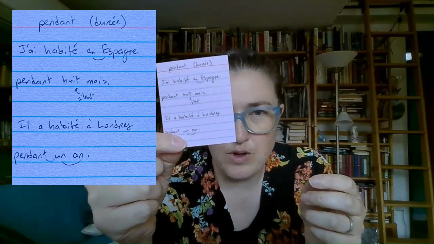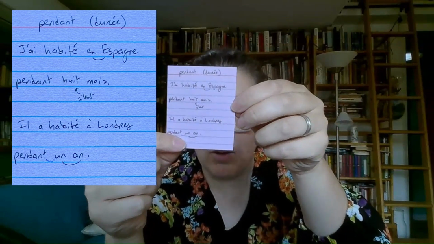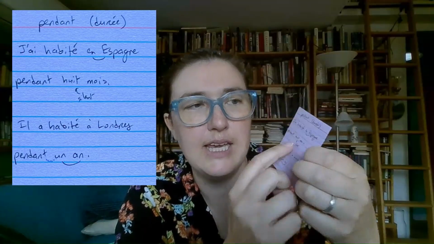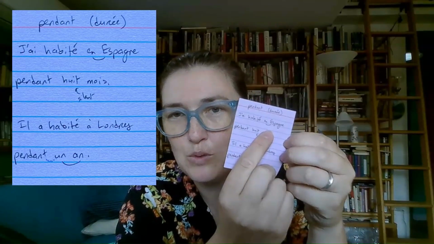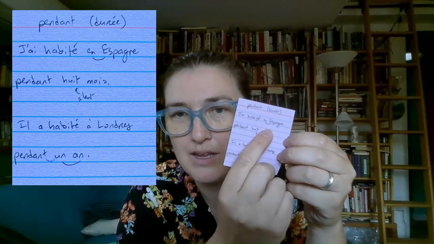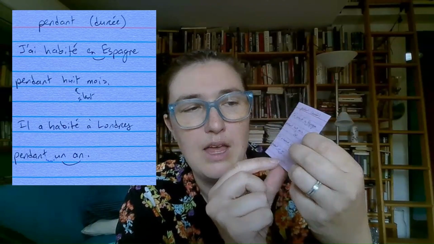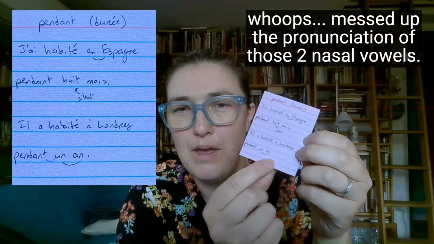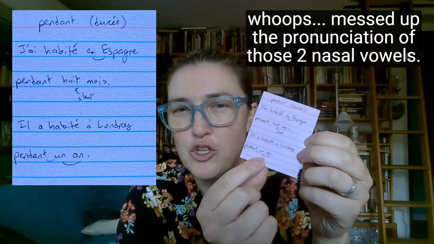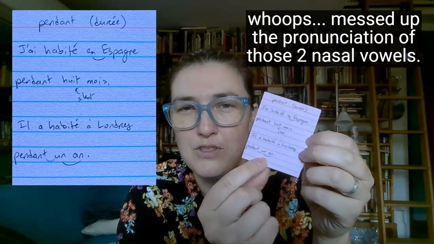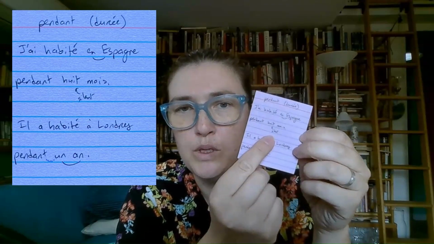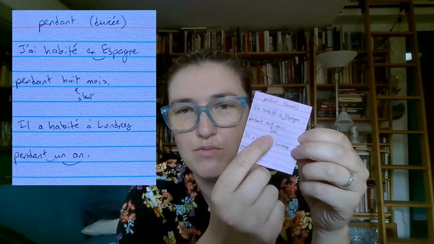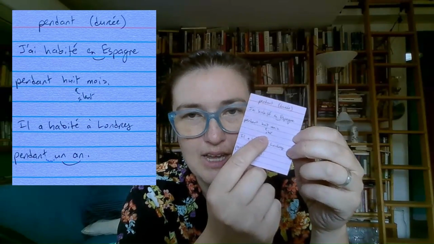And you'll notice on the French side, I've given myself a couple of pronunciation hints. So I've drawn little lines where the words need to connect together. So en Espagne, un an, and then pendant is optional. I could say pendant un an or pendant un an. And then the T on 8 mois, the T is silent there. So I've given myself that little hint on the French side.